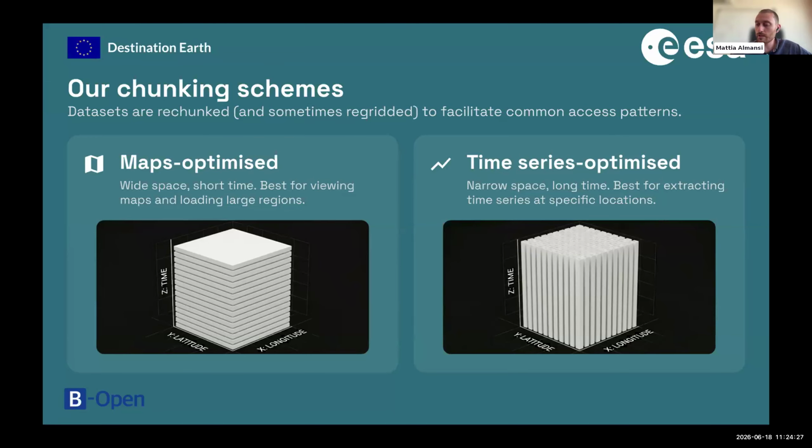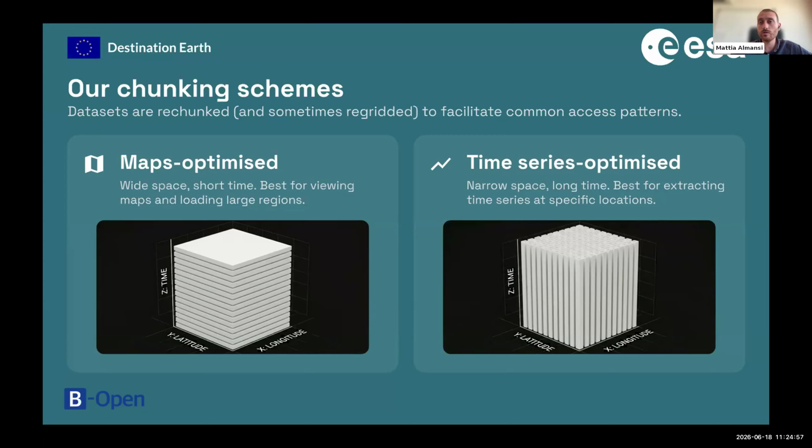There's no magic, but the most important part of the work goes into how we chunk the datasets. So we are basically shifting the effort from the brokering side of things to the chunking scheme. It is very important that the datasets that we reformat into the Zarr data format are aligned with the common access patterns of our users.